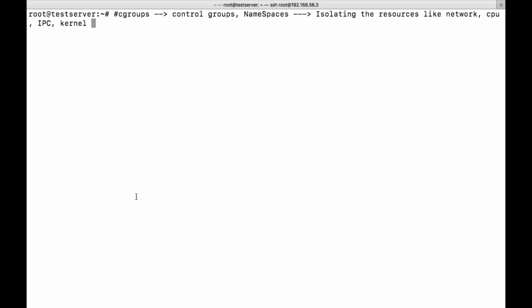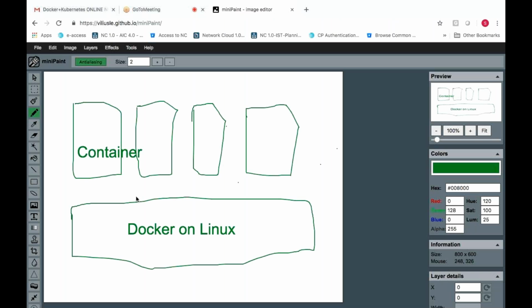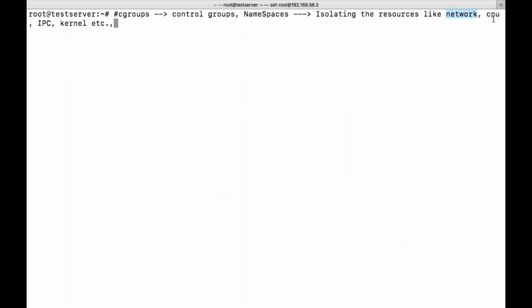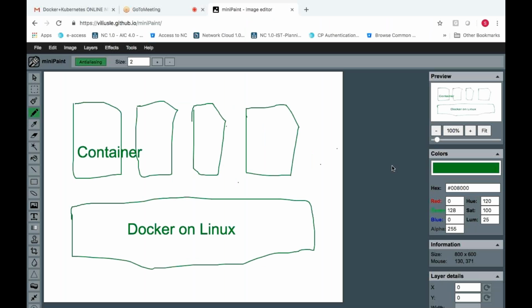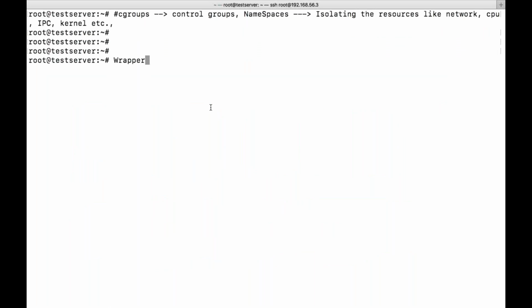So we have different types of namespaces. Everybody has its own capability. Network in the sense, it will take care only of networks. CPU in the sense, it will only look into CPU related namespaces, and then it will control that. So Docker will club all these functionalities together, which is called a wrapper. Docker will use all these technologies together as a wrapper. Wrapper in the sense, a bundle of functionalities.